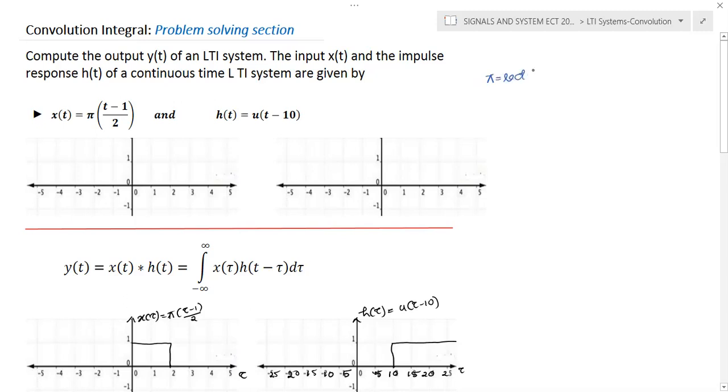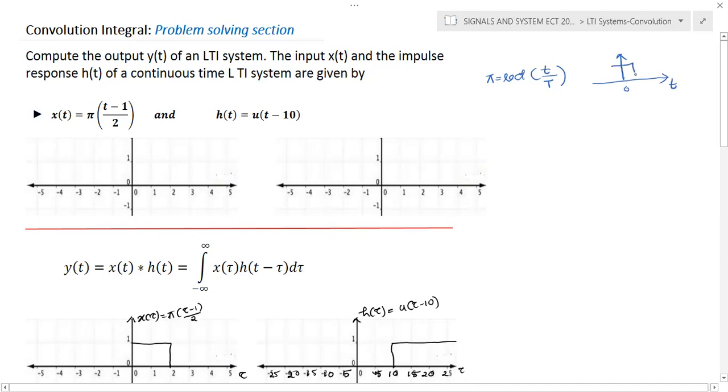So rectangle of t by, for example, capital T is actually indicating a rectangle pulse. So here the variable is t, and it indicates that the width of the pulse is T. So this is centered at 0. Now we can draw the waveform from T by 2 to minus T by 2. So the total width of the pulse is T units. That's the meaning of pi, rectangle t by 2, or pi t by capital T. Here the variable is t.